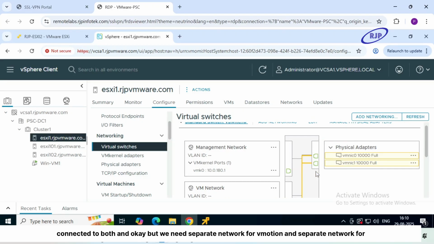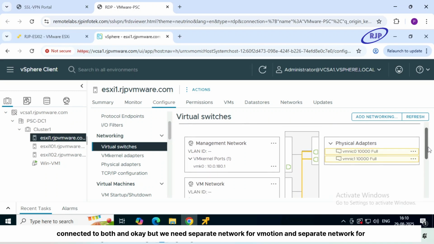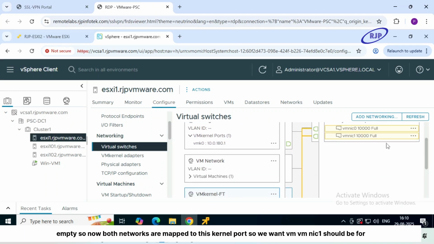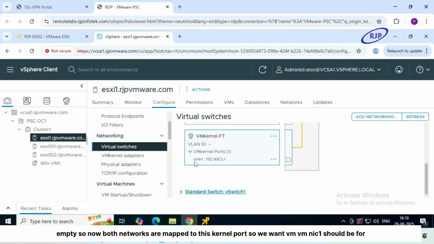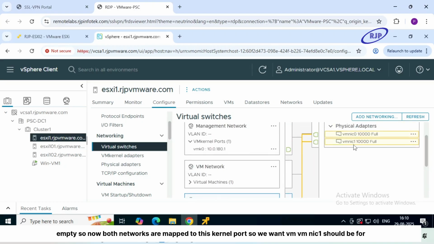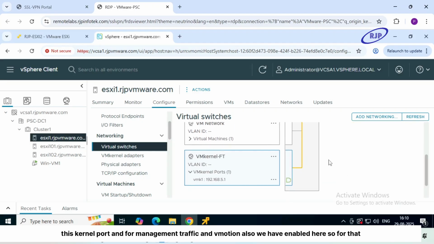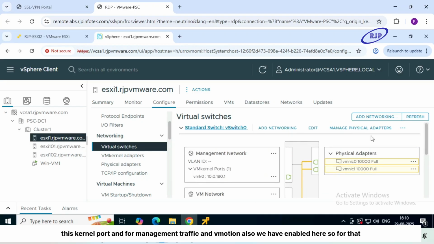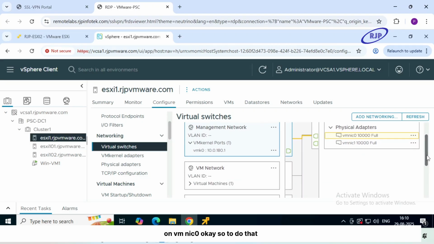But we need a separate network for vMotion and a separate network for FT. Now both networks are mapped to this kernel port. So we want VM NIC 1 to be for this kernel port, and for management traffic and vMotion, which we have also enabled here, we want VM NIC 0. So to do that,